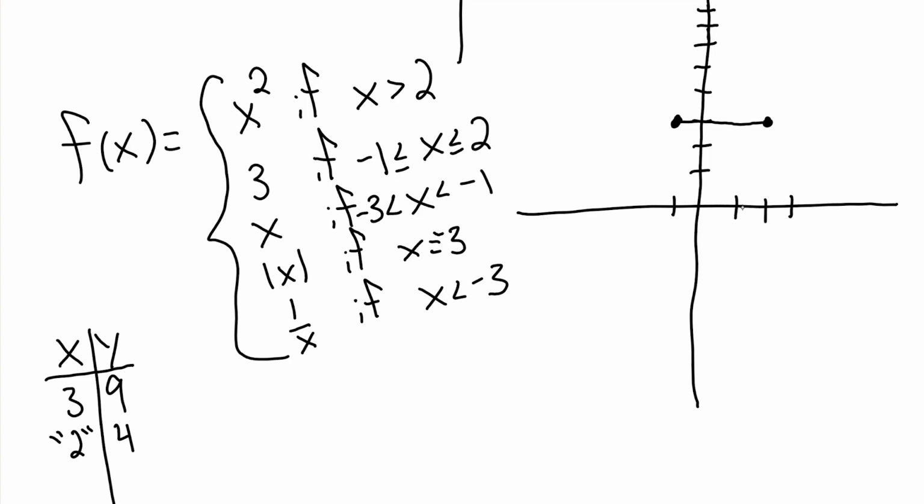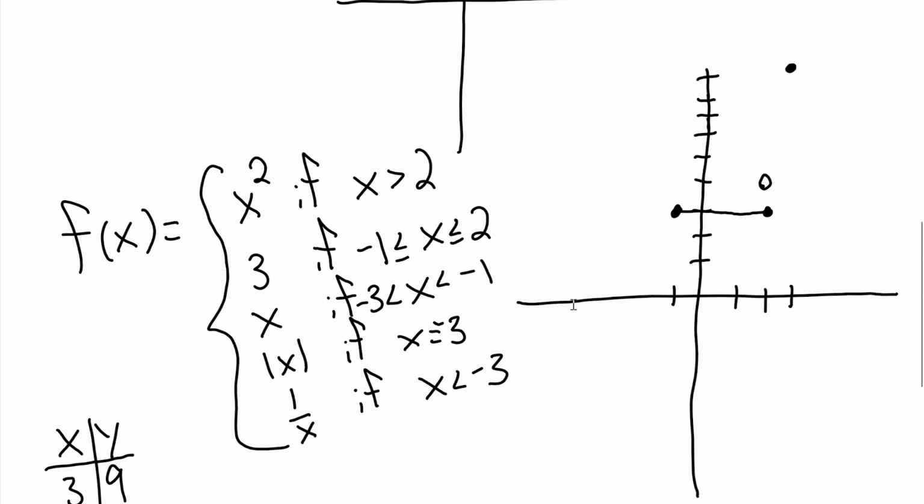So in other words, we're going to have an open circle at (2, 4), which is going to be this graph here, which is kind of like an extreme curve. Okay, so now less than -1, but greater than -3, the function is equal to y equals x. Okay. So let's say this is for the x squared piece. So for the x piece,